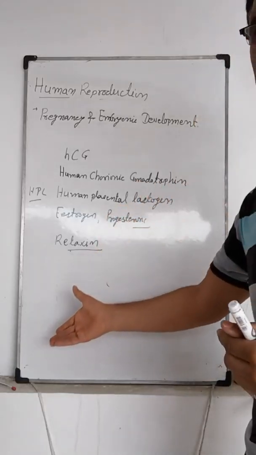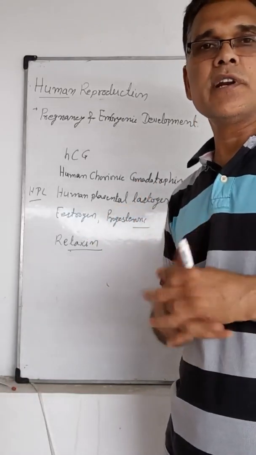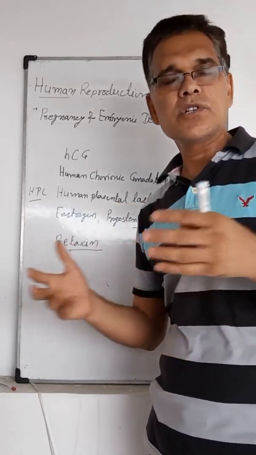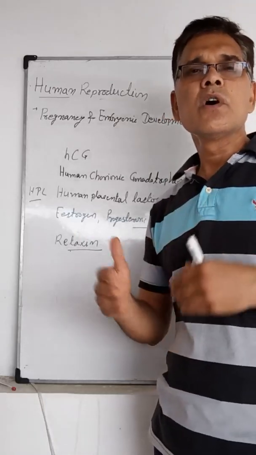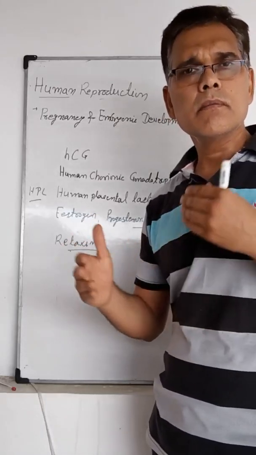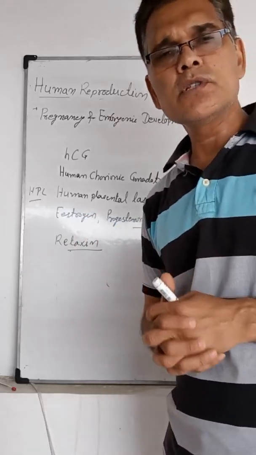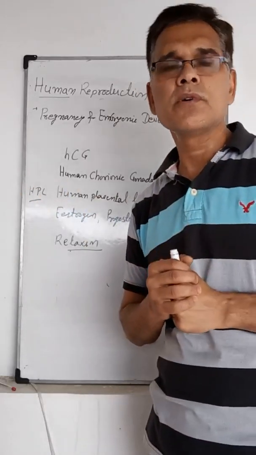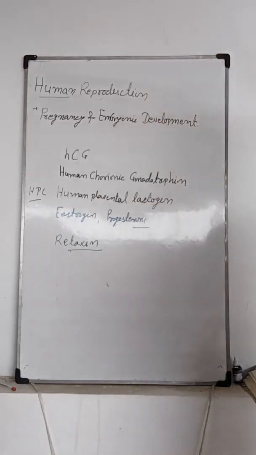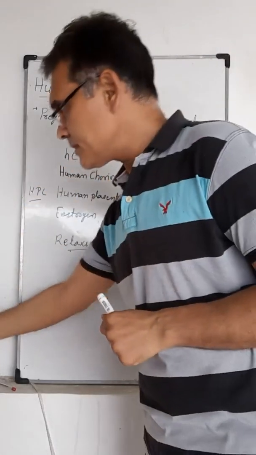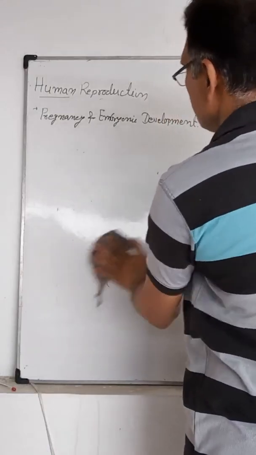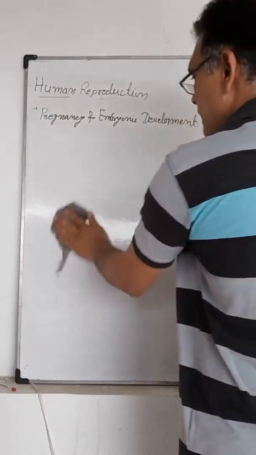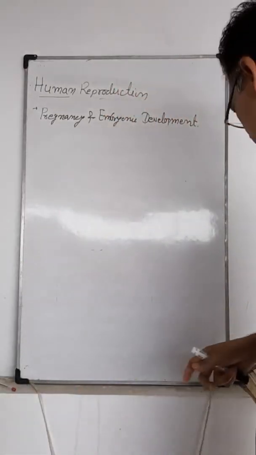Other hormones also increase during this time: prolactin, oxytocin, cortisol, and thyroxine. They are also secreted many-fold, because all these hormones are required for the growth of the new young one. After implantation, the different layers of the fetus are formed, that is ectoderm, mesoderm and endoderm, and the development of the embryo starts.